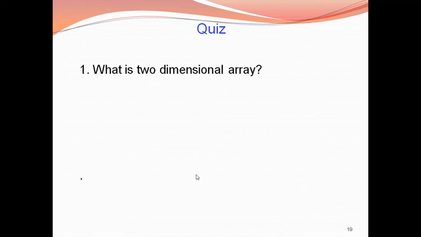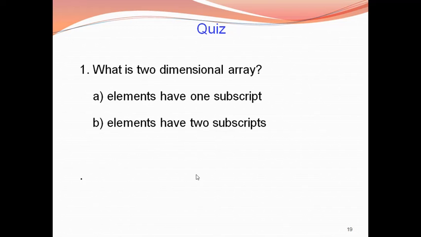What is a 2-dimensional array? Option A, elements have one subscript. Option B, elements have two subscripts. Option C, elements have three subscripts. A two-dimensional array consists of two subscripts.